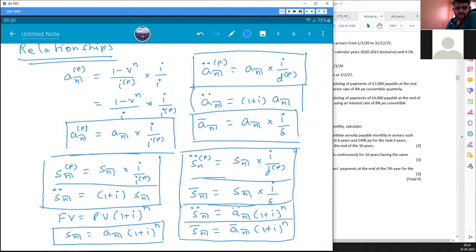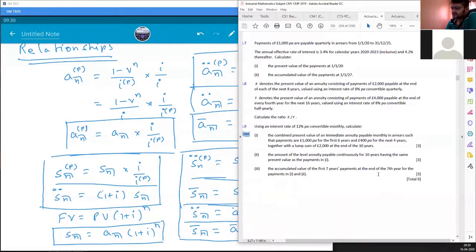In this chapter, the name of the chapter was level annuity, and that was because we said we have same amount of annuity. In the next chapter, we'll be talking about what if the annuity amount is not same every year. What happens if annuity amount is increasing or annuity amount is decreasing? How do we calculate them? So the next chapter is called increasing annuity, and it is all about increasing or decreasing annuity. Okay, so we'll do that tomorrow. We'll not start today.